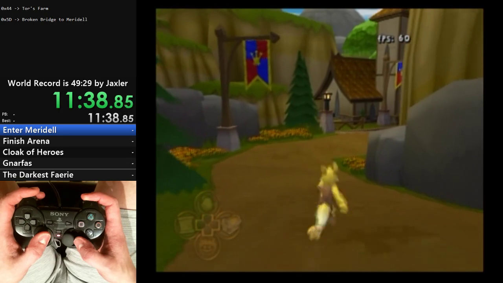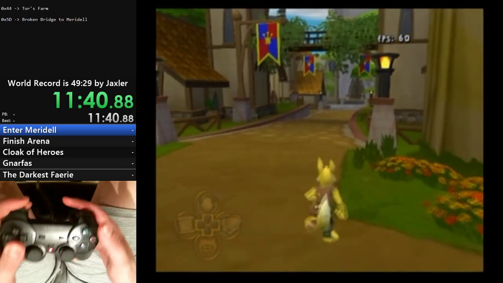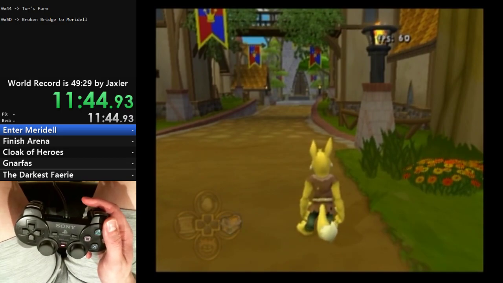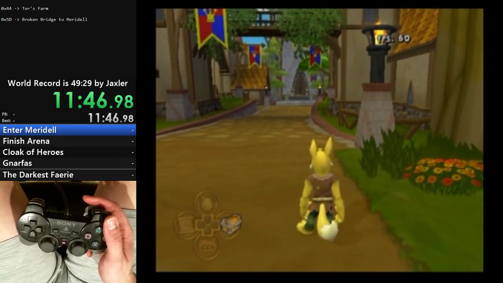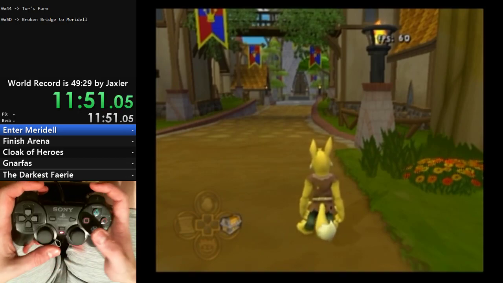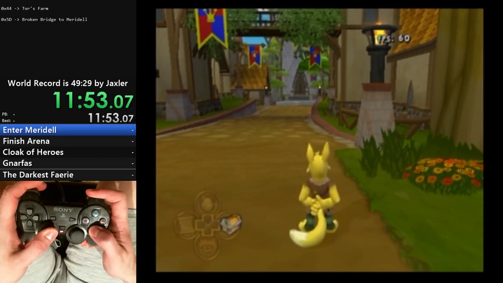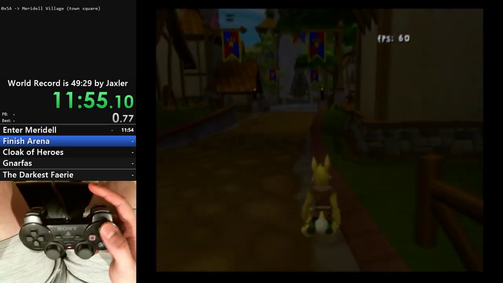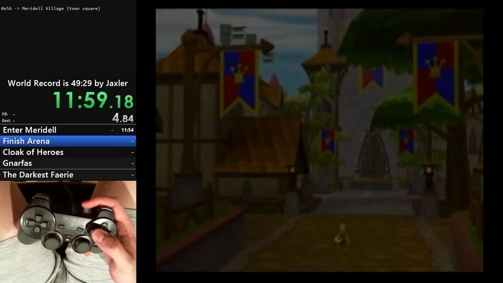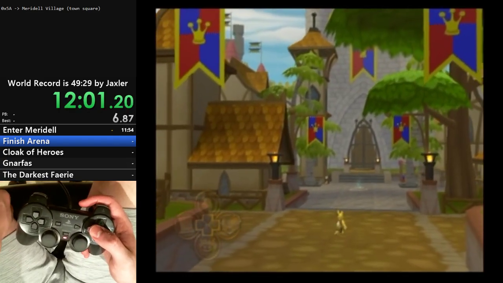Alright, so we're about at Meridell now. Generally speaking, where the community splits for entering Meridell is as soon as the screen fades to black here. As soon as we walk into Meridell, we'll enter a cutscene. So it's going to fade to black and then split. Alright, so